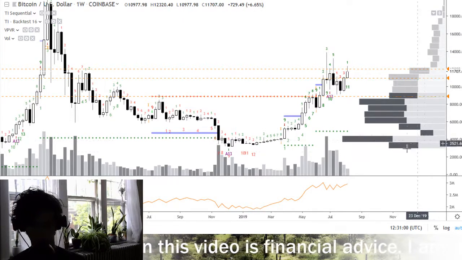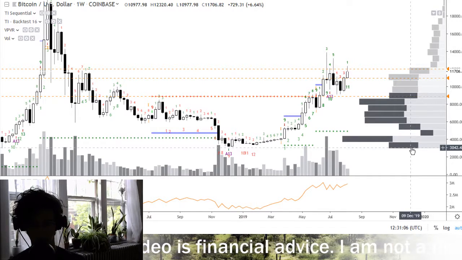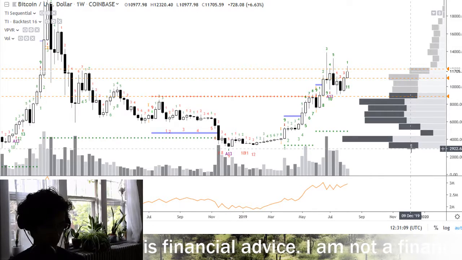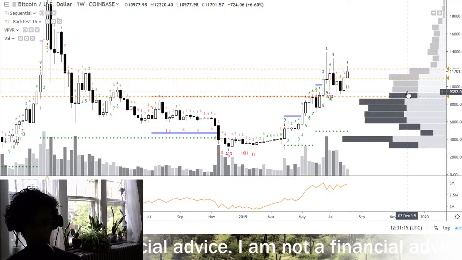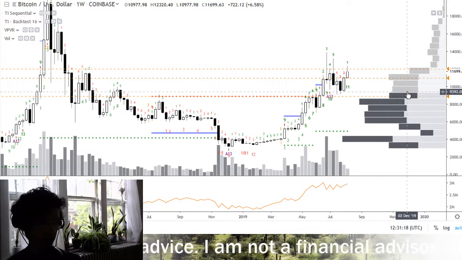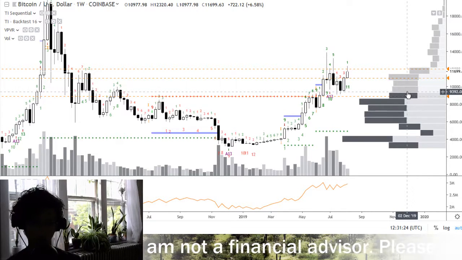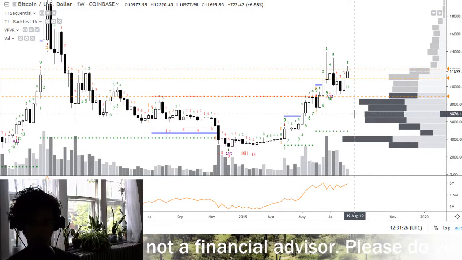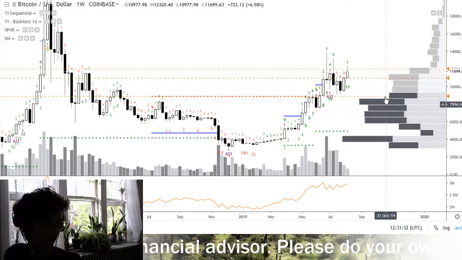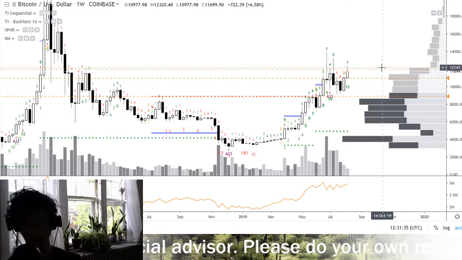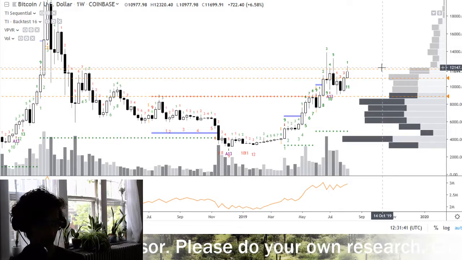This darker part of the chart is the main meat of this section. Between 3,000 and 9,400 is what is referred to as the value area. It is the largest chunk of prices traded in the visible range, obviously, between these prices. There's not a lot of action above 12,000 at all. And because of that,